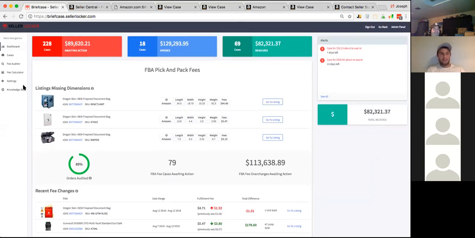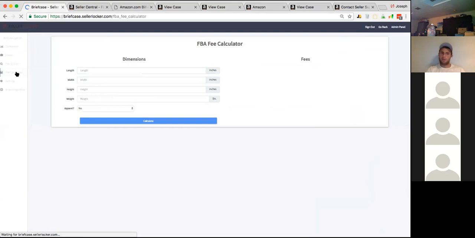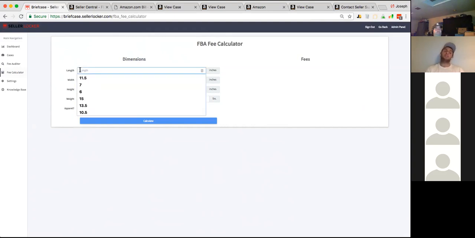So that's all I got. Oh, one more thing. We're releasing another cool feature tomorrow, or the next day. I don't want to overpromise, but this is a fee calculator. Anyone doing private label can only really guess what the dimensions are going to be unless they're an expert with numbers, or they check out a similar product and try to get their dimensions close to that product. This is a calculator that'll tell you, in private label or even arbitrage in the product development stage, if I have an item that's 11 by 8 by 6 and weighs 2 pounds, my fee is going to